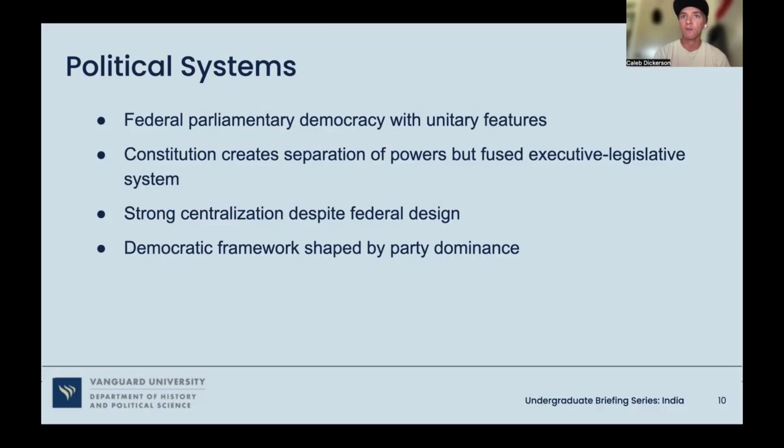In the United States, Congress and the president are independently elected. They check each other more aggressively here. However, in India, the prime minister's party controls a majority of parliament, and they usually are able to pass legislation with relative ease. So while this does make the system more effective in policymaking, it also concentrates power in the executive.